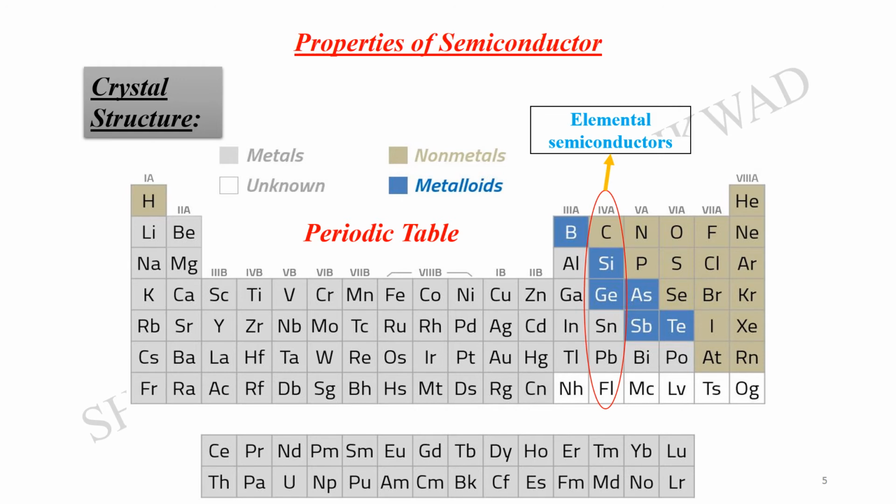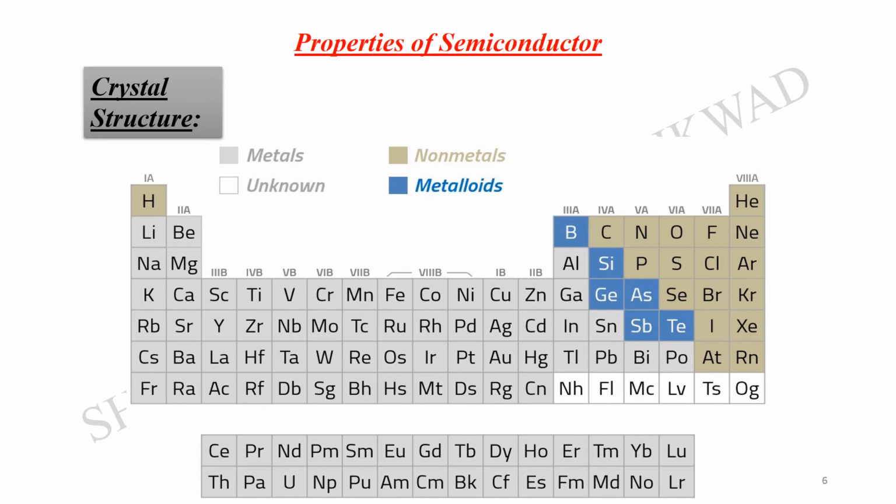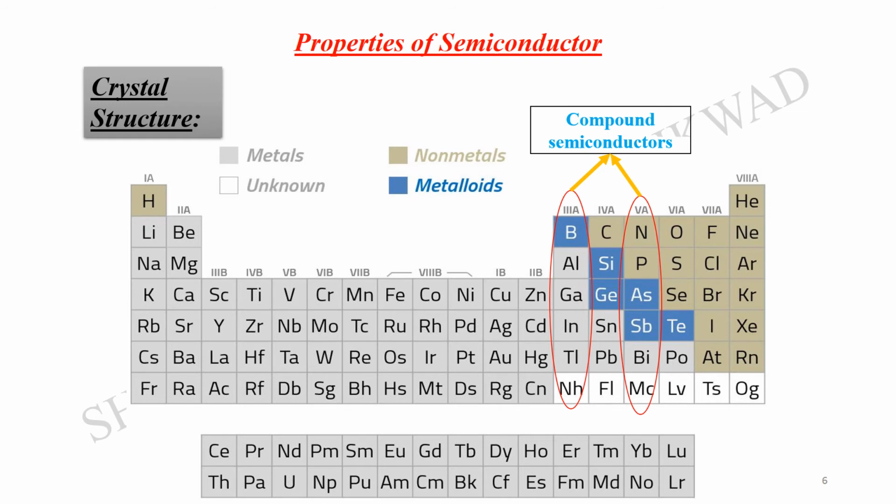Partially half filled, in the sense that they are acting as a semiconductor itself. Their octet is half filled, meaning 4 electrons are filled and 4 electrons are empty. On the other hand, what we can have here is the group 3 and the group 5, so that their octet gets completed. So these group elements, if you combine them together and form semiconductors, are called the